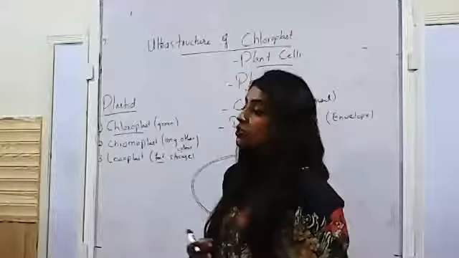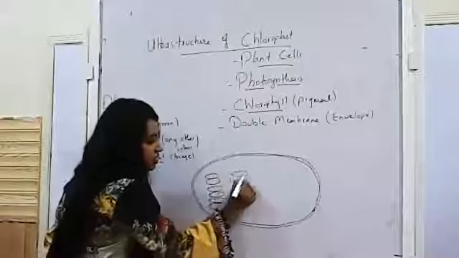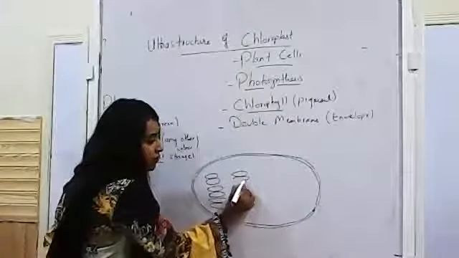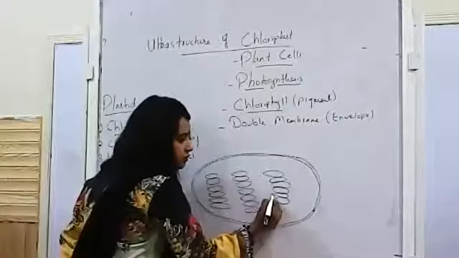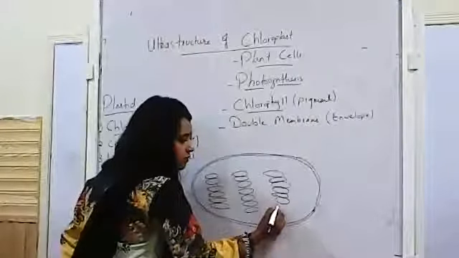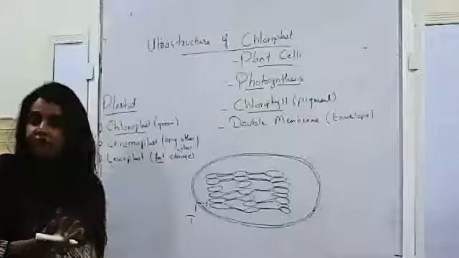So before we begin with the process, let's just do the structure first. It contains a system of membranes, right? How are those membranes arranged? Those membranes are stacked on top of each other, just like this. Just like you put a lot of coins on top of each other, like this. And they are interlinked, linked with each other, like this. It's just a membrane with fluid filled, right?